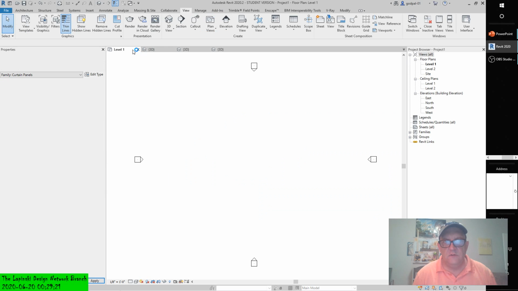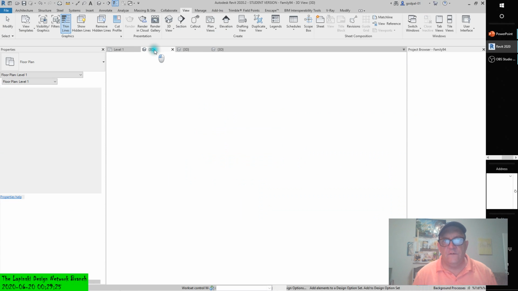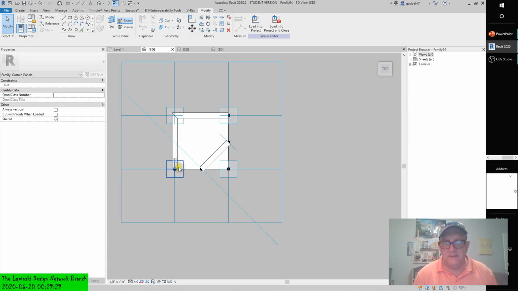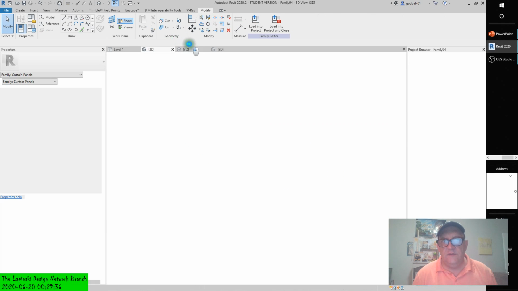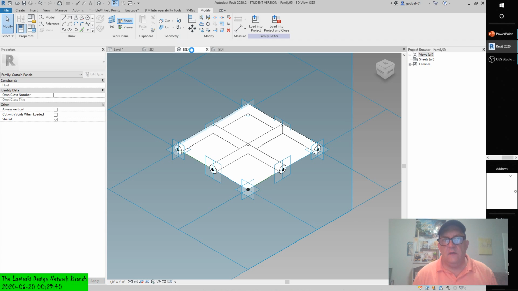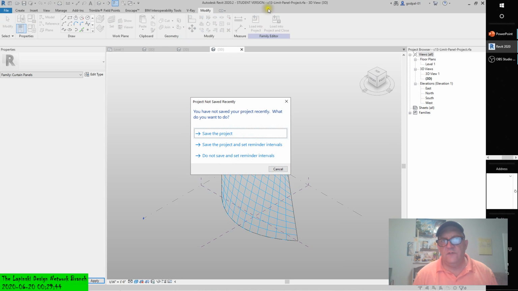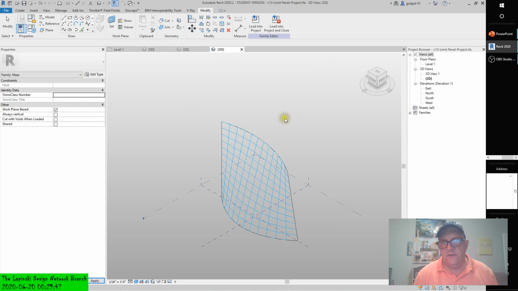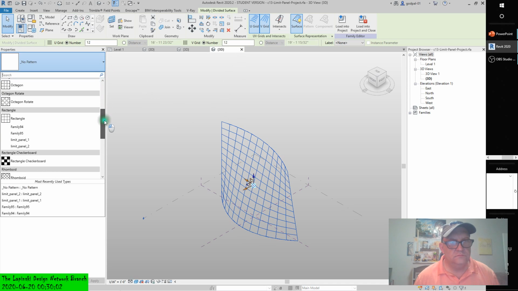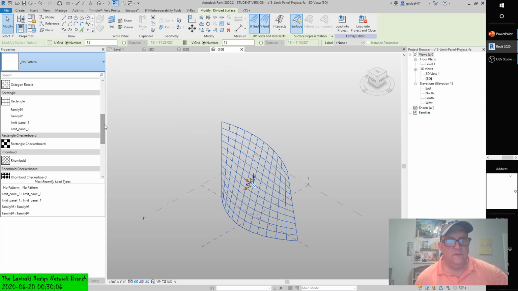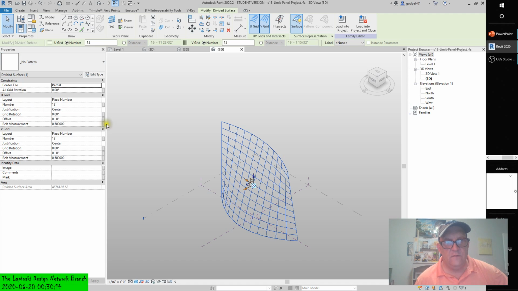I got a project open. I've got the first family I created with this swept blend, and then I have this family I created with this swept blend. I loaded this one into this one, and then I opened another family, a C13 limit panel project RFA. And as you can see, there's the UV grid, and it's divided up into 12. Now there's no pattern on it, but luckily, if we go down, I took the time to load all of them in. These came in with this family, the complete exercise, limit panel 1, limit panel 2, and then family 94, right,